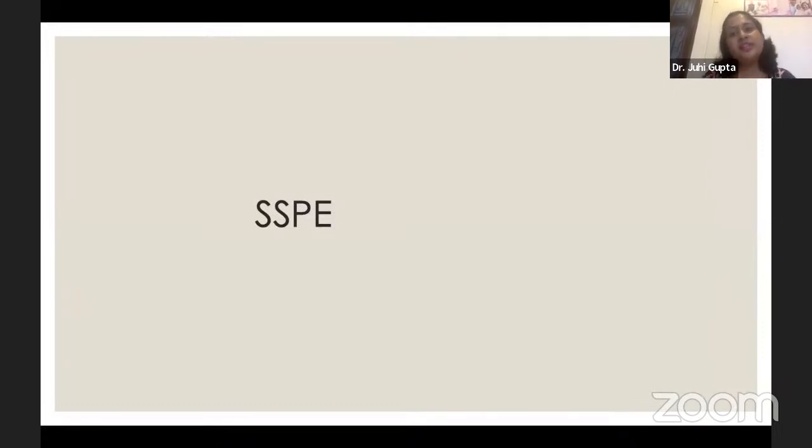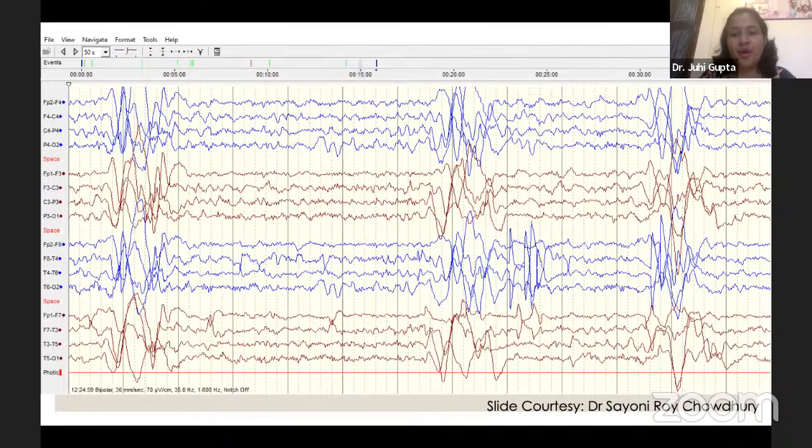Altering this paper speed is particularly useful in looking at children with SSPE. We all know that we usually see these GPEDs, these generalized periodic epileptiform discharges, in SSPE. So in this one epoch, while we are discussing this epoch,